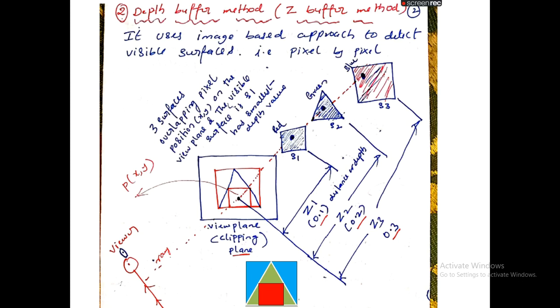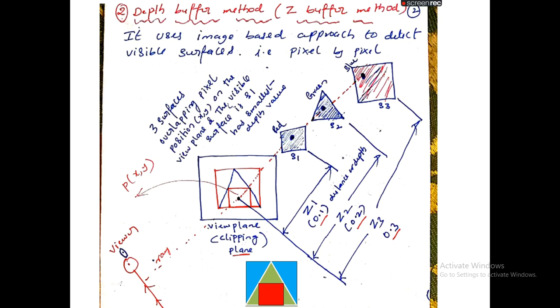Now with respect to this example, if you take P of xy, red color is there, green color is there, and blue color is there: red with respect to surface 1, green with respect to surface 2, blue with respect to surface 3. Now you compare the distances. Whichever surface has the smaller distance between the view plane and that particular pixel, you can say that surface is closer to the observer.